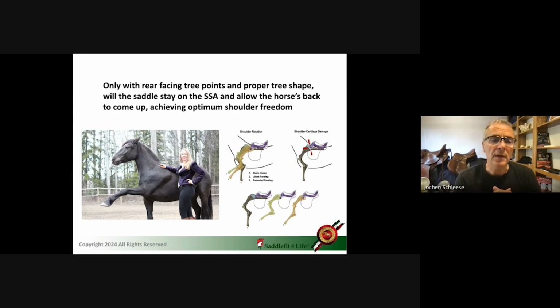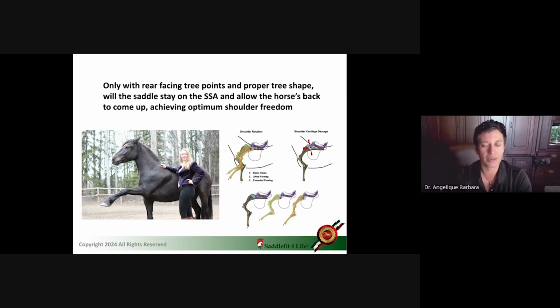Have you seen white hairs on horses? You do? And if you've seen the white hairs, where do you see the most common white hairs when you have clients bringing their horses to you? Yeah, so most commonly it's over the wither area, but as you said, if you have bridging occurring, there can also be pressure points towards the back of the saddle. But definitely the withers, I see that quite often.